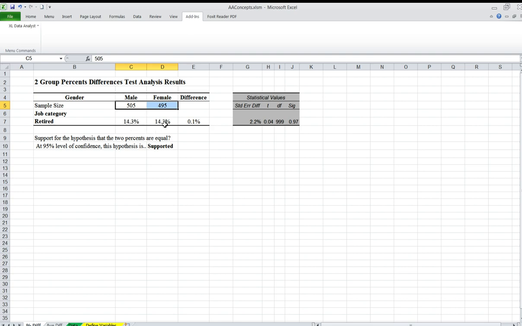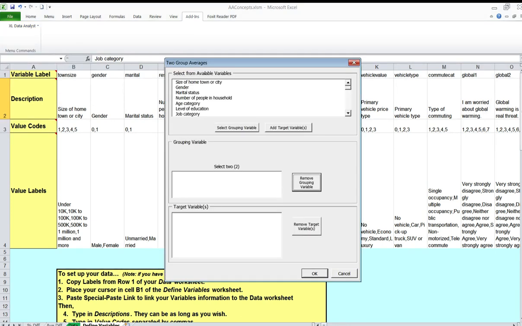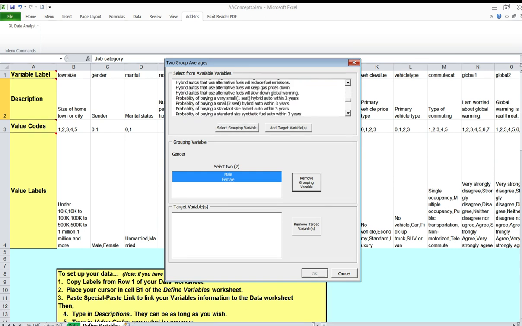Now, in the last two examples we compared, incidentally we ended up with cases where there is no difference. So I would like to demonstrate one case where there is a difference. If I would like to compare the probabilities of males and females to purchase the largest size of a car in our data set, it's going to be gender, male-female, as our grouping variable, and then the probability of buying a standard size electric auto within 3 years. So now I'm going to compare this probability to buy a standard size electric auto within 3 years